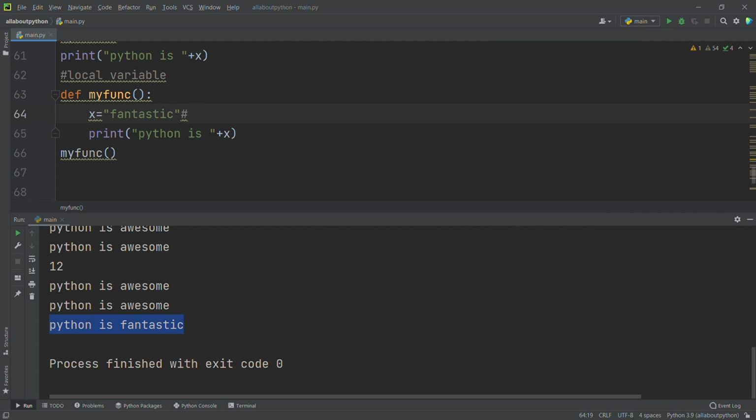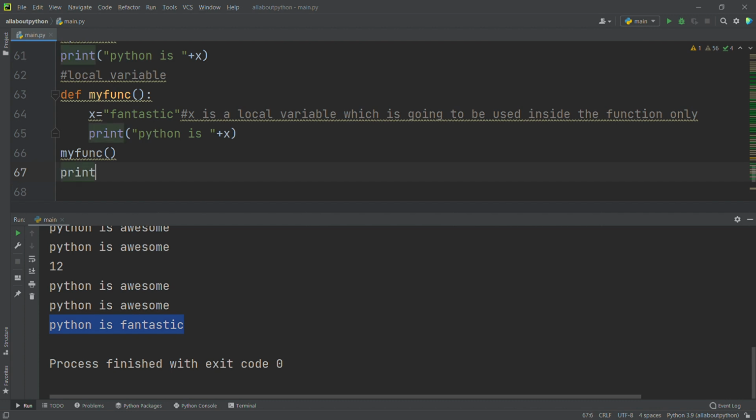So I will write here what I said. Here x is a local variable inside the function only. If we try to access it outside the function, it's not going to work. See, I will write that here, print Python is, and I will try to get x.